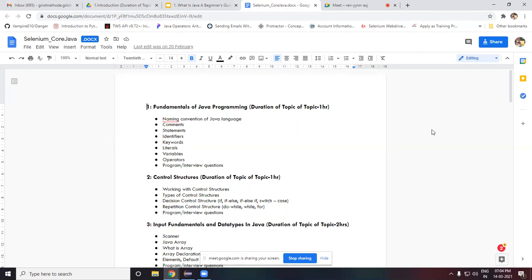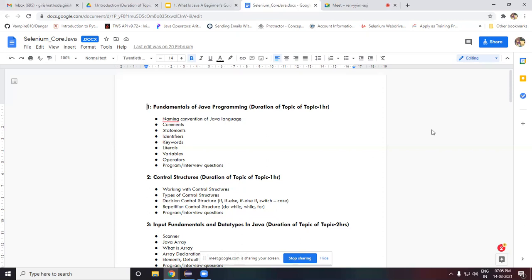We will discuss that entirely in the fundamentals, along with different types of keywords and tokens, that is, identifiers, keywords, literals, variables, and operators. These provide the basic introduction to programming, and how our method names, program names, and identifiers should look.